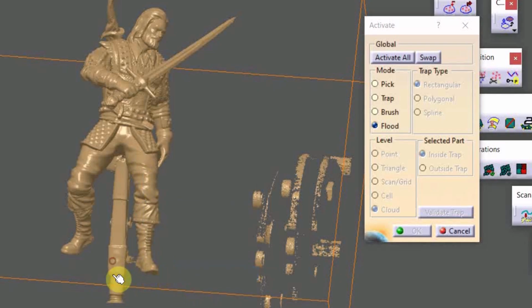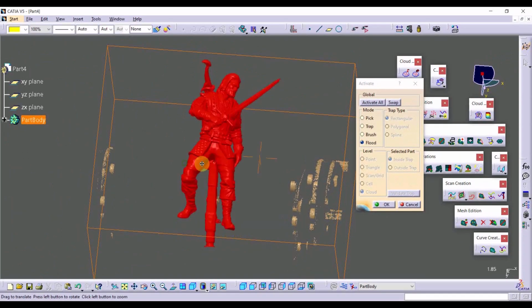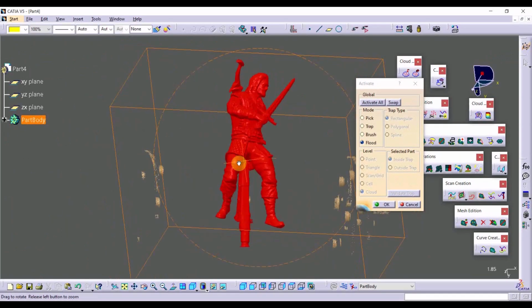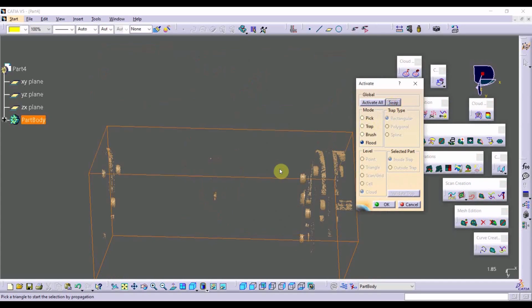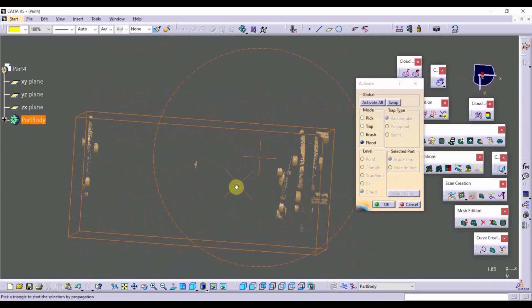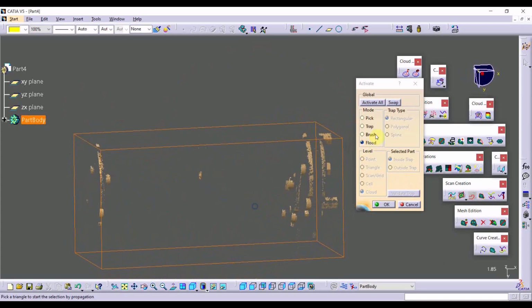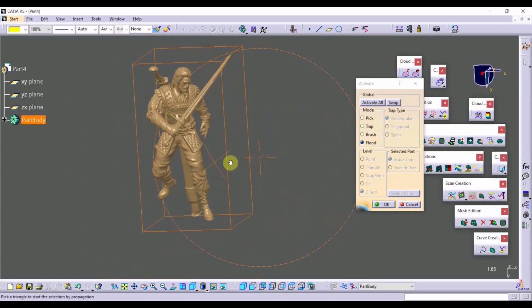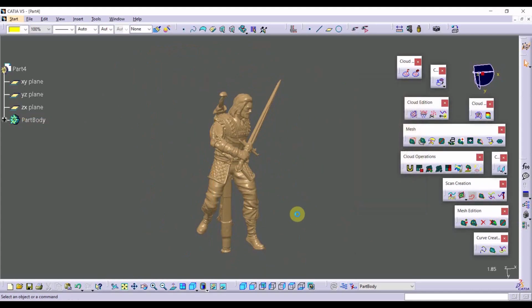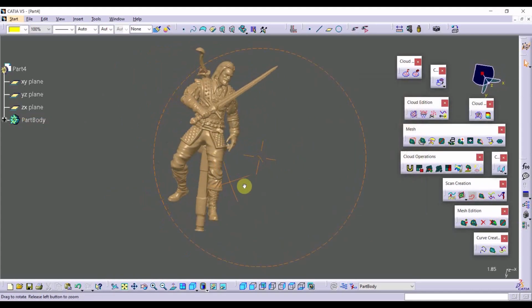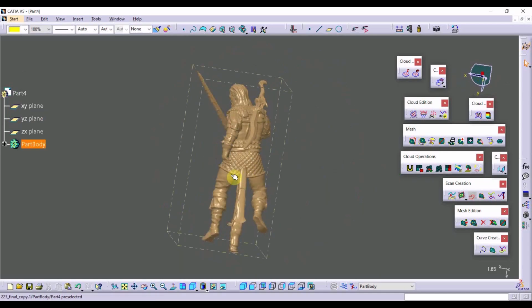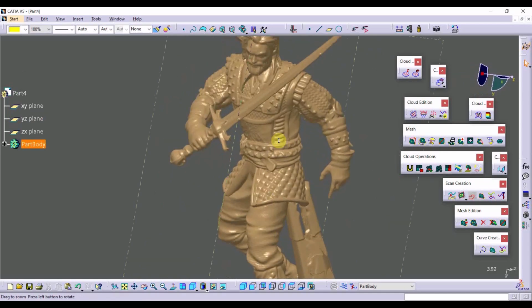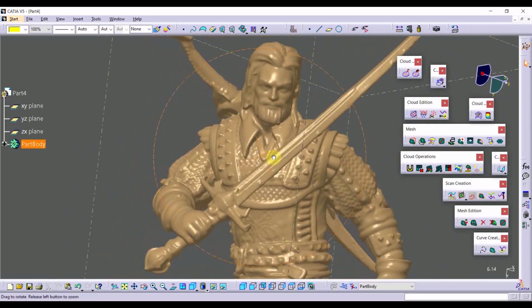Now it is enough to select any small portion of the main object, and the software automatically expands the selection to all contiguous polygons. We can use the Swap button to inverse the selection and see which meshes are removed. Finally, by clicking on the OK button, only the main object remains on the scene and all isolated polygons are gone. You can use many other mesh editor software and follow this strategy to remove any isolated meshes from the main model.